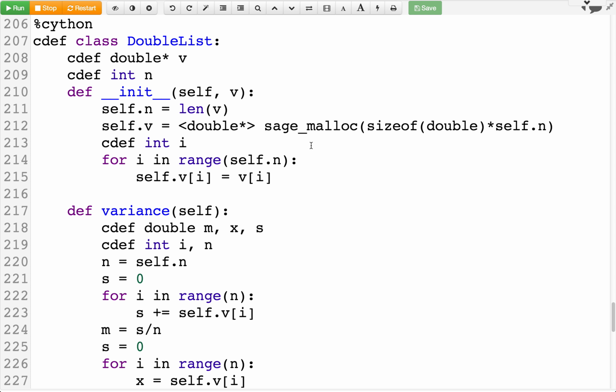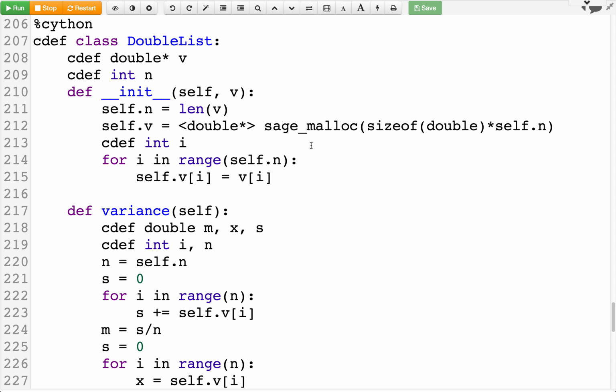So we can make it have a pointer to a double, that is an array of doubles in C, and an actual C integer as basically every instance of this class. It'll still be a Python object, so there's reference counting and so on, but instead of it having only other Python objects as its attributes, you have a double star and an int, okay?